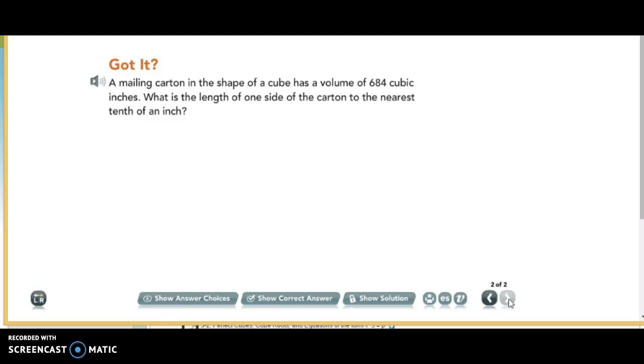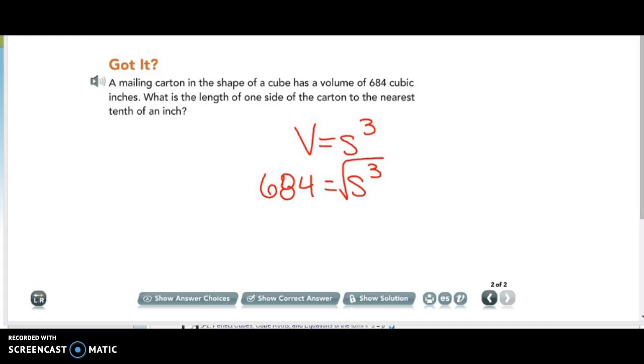Okay, so this one says a mailing carton in the shape of a cube has a volume of 684 cubic inches. Once again, we're in a cube, so we know that volume equals the side length cubed. We want to know the length of one side of the carton to the nearest tenth of an inch. So here we're going to have 684 equals side length cubed. I'm going to cube root both